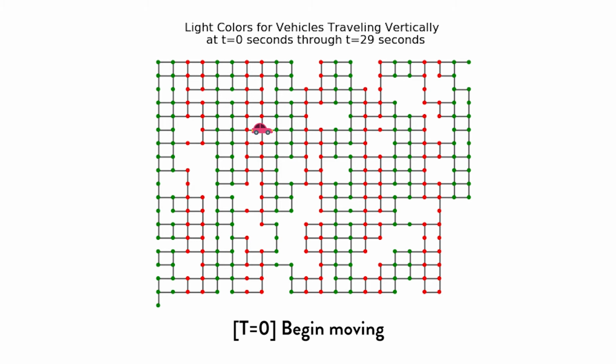We know from the provided instructions that the car begins by heading east, and then from the output of our script we can tell that they travel one block and then stop at t equals 14. Now at this point, they wait until t equals 13 to continue moving again. So we need to swap out the map so that we can show the light pattern at the 30-second mark